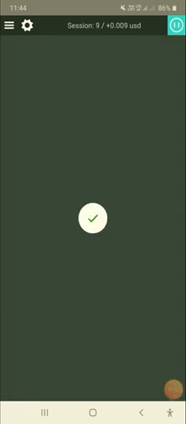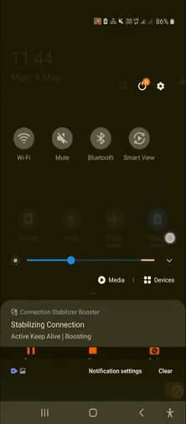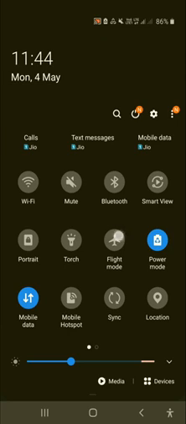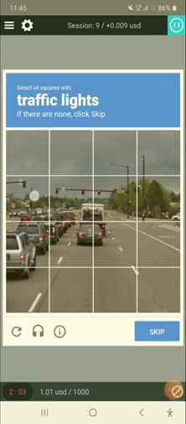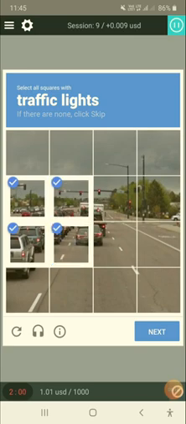I'll tell you the last trick. Still, if you are getting slow speed, there is a very simple trick everyone knows: just switch on and switch off flight mode, that is airplane mode, again and again, very often. Many times if you switch on and switch off airplane mode, your network will be very fast. So always switch airplane mode on and off often. When you are getting a slow connection, just switch on airplane mode, you will get pictures very fast. That is the main trick.